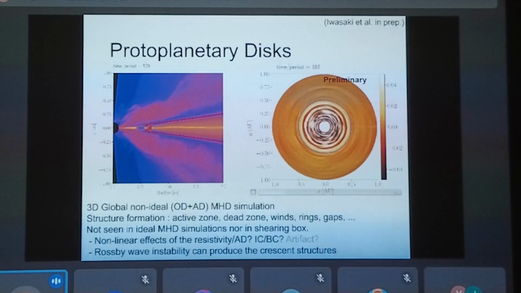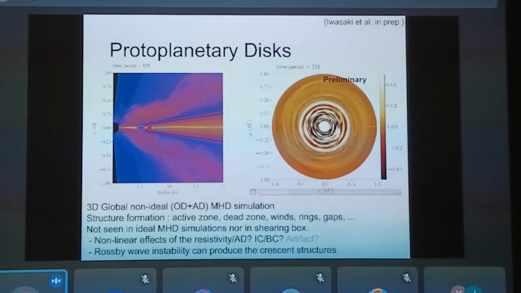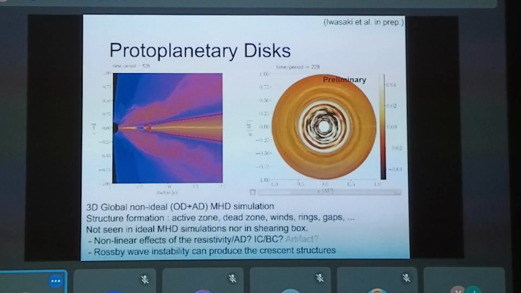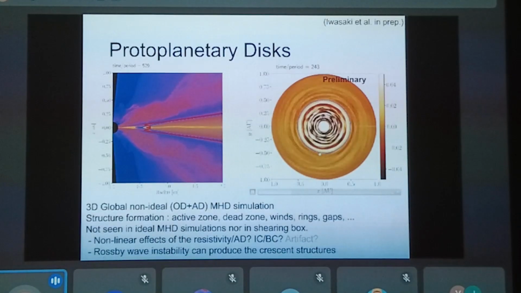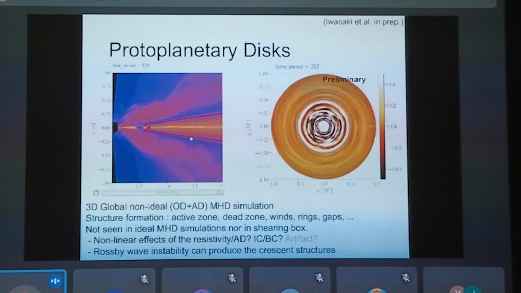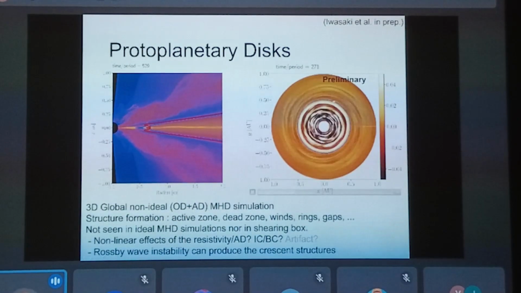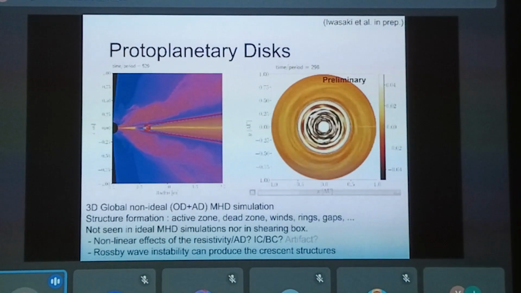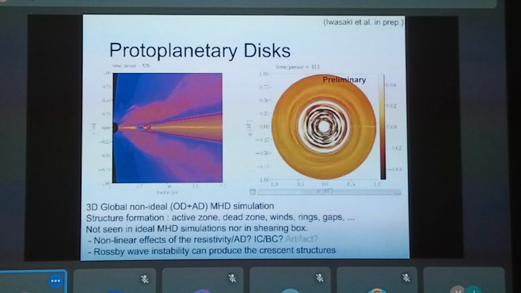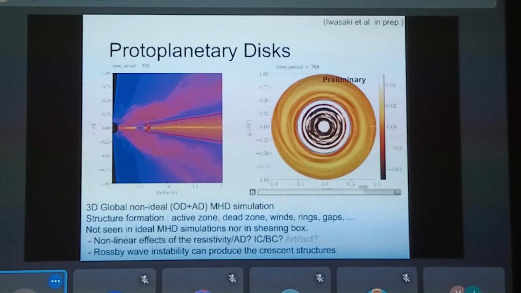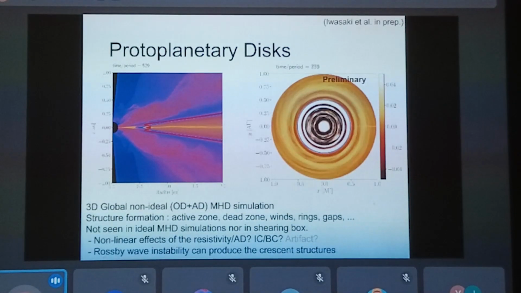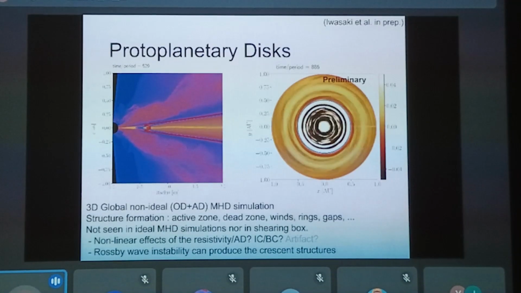but as we see, there are rings and gap structures being formed. You can see here, and this blue line is the boundary of the ambipolar diffusion dead zone. We found that the gas accumulates around this ambipolar diffusion dead zone boundary. Eventually it forms these ring and gap structures, and we are interested in how these structures affect